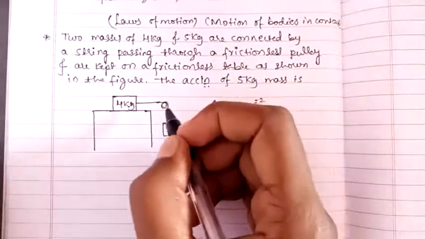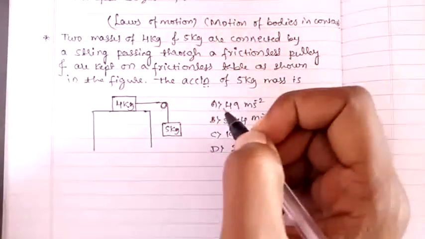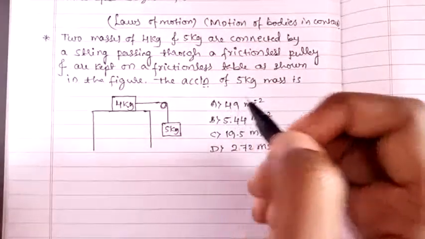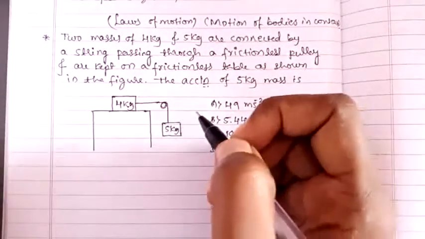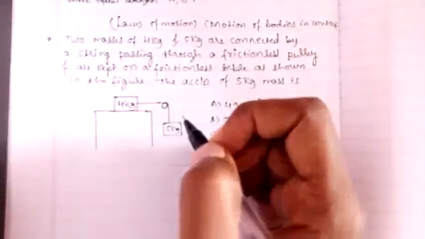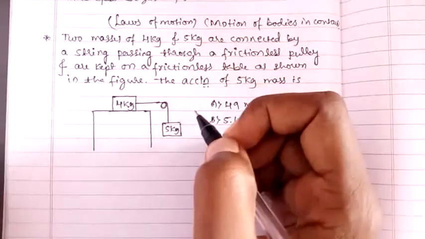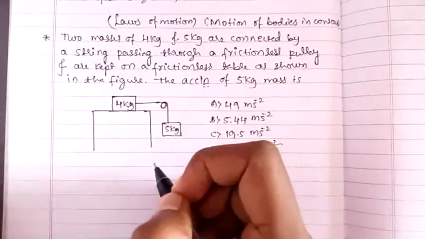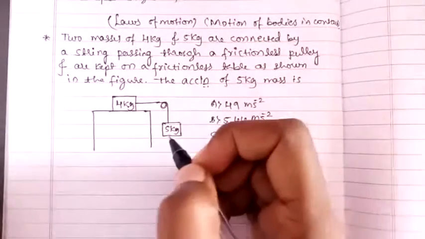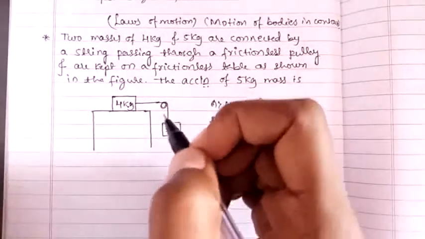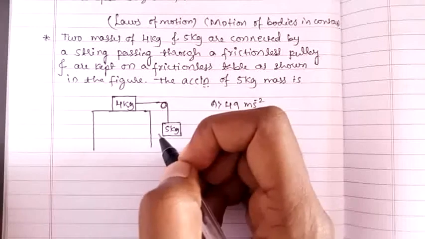Momentum is nothing but the product of mass and velocity of the moving body. Then what is Newton's second law? It is the rate of change of momentum. If the momentum is constant, it means the force acting on the body is 0. Then what is Newton's third law? For every action there is an equal and opposite reaction.